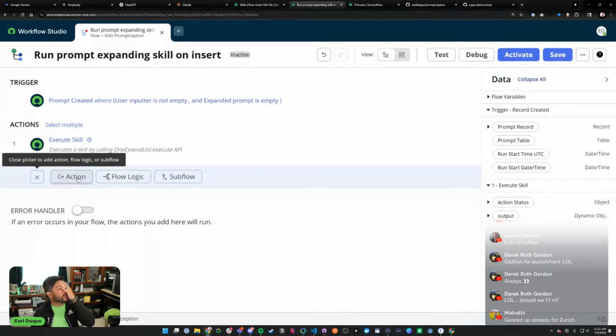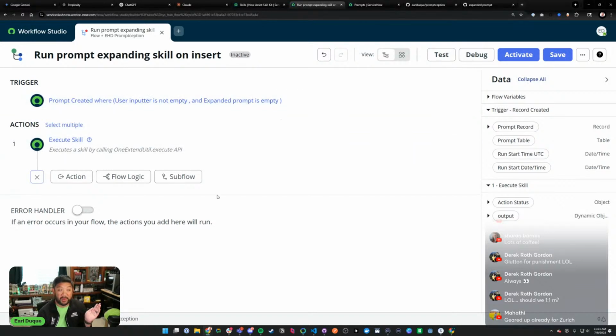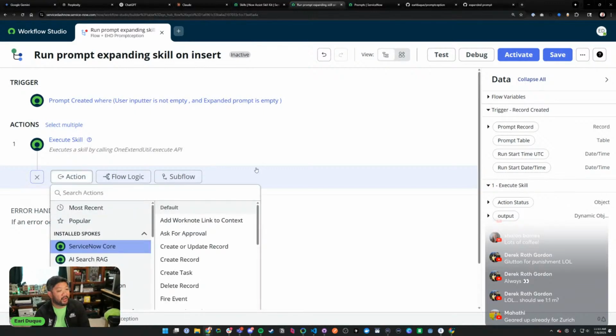Oh, that makes it so much simpler because the format for the UI action, when you just execute the skill through scripting, the payload that returns is the most convoluted dot walked payload that I have seen in a long time, and you have to know the exact dot walk to get to it, and it's really annoying because it doesn't explicitly say anywhere. So them giving it as a flow action is so helpful. Actually, makes me love Now Assist LLM even more. Awesome. Okay, so we're going to update record,